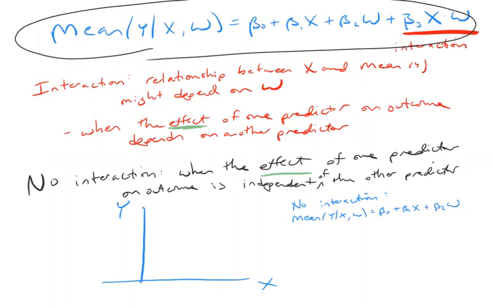And again, I left off the interaction. Well, what that implies is that when w is equal to 0, the mean of y given x is equal to what? Well, beta 0 plus beta 1x, and the w term's not there. And it also implies that when w is equal to 1,